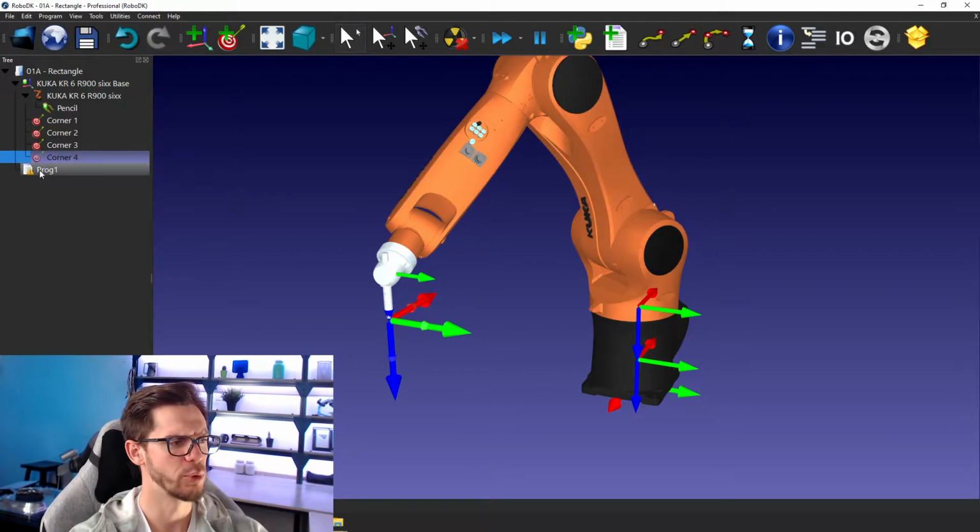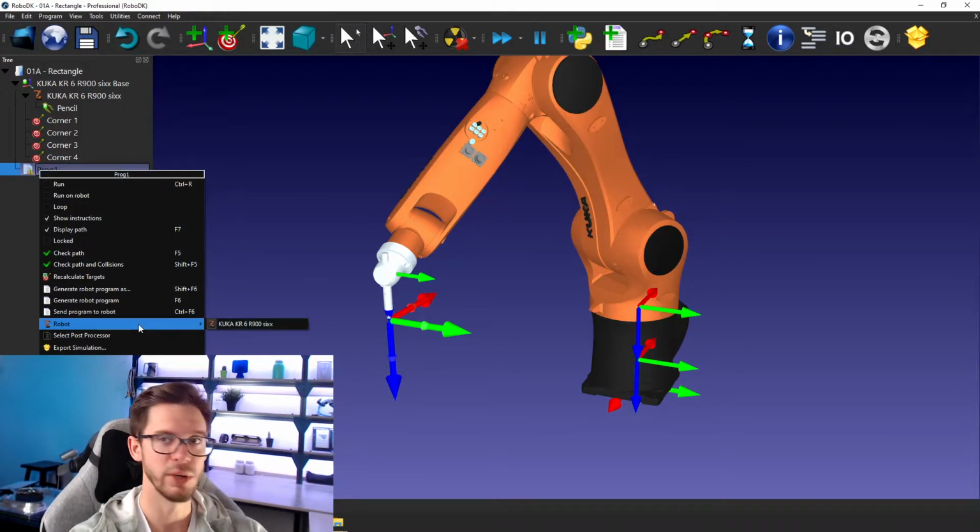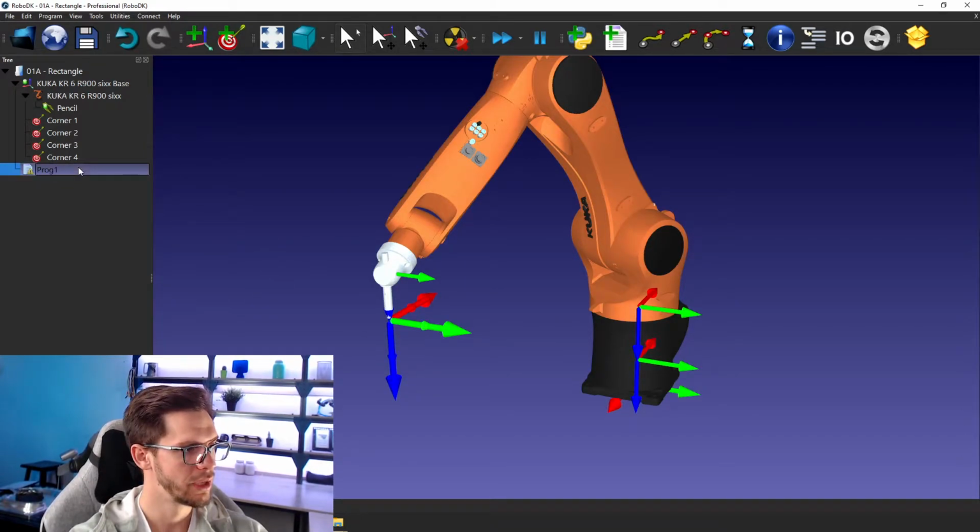By the way, if you had more than one robot, if you right click robot here, you will see which robot is selected for this program. Again, only one robot here, so no issues. I'm gonna rename that program, so right click rename or F2, rectangle,